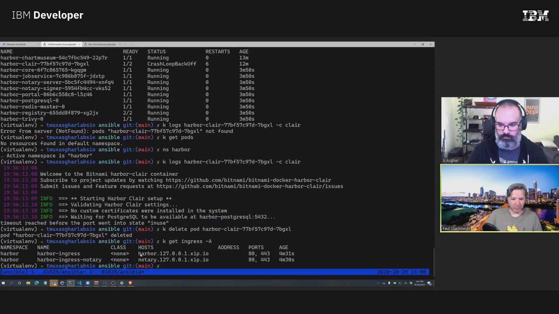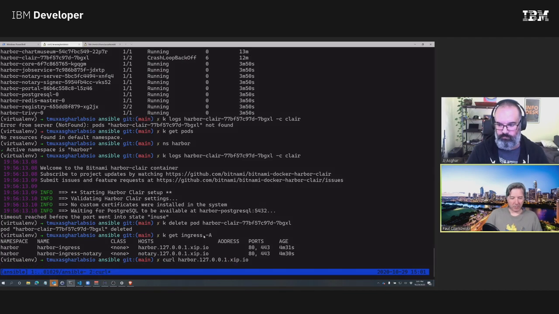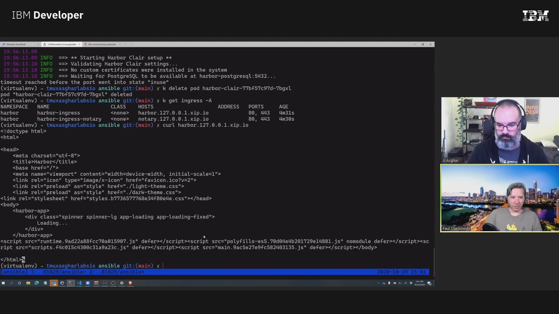And so you can see we have 2 ingresses, Harbor and Notary. And so we should be able to do a curl of that. And that looks right.